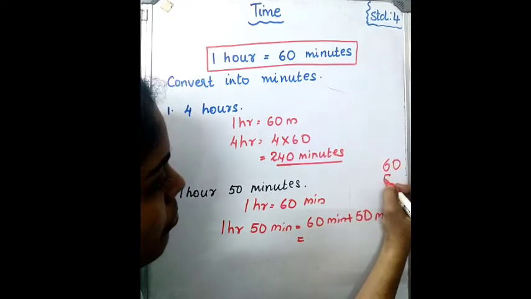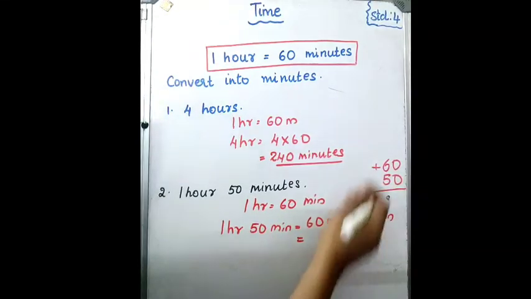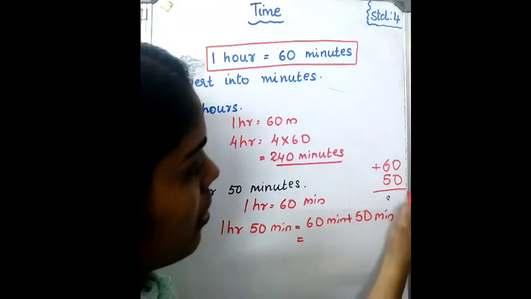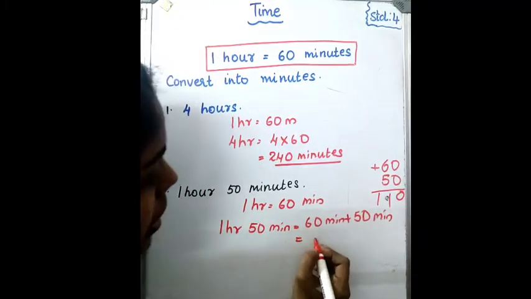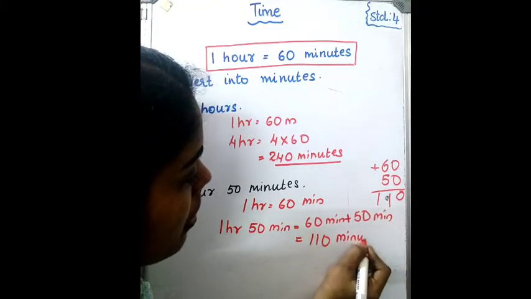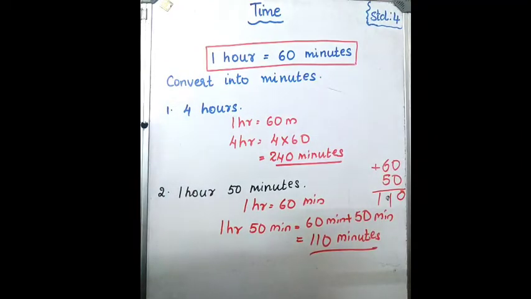Find out. If you can do directly, then no need of writing this in the working column. Just find out. 0, 6 plus 5, 11. 110 minutes. Then next